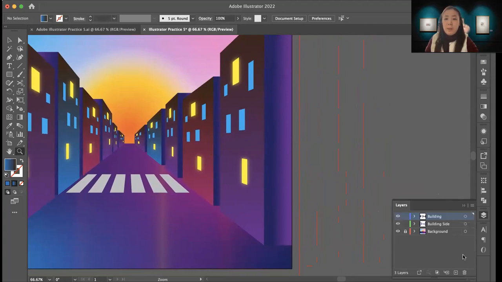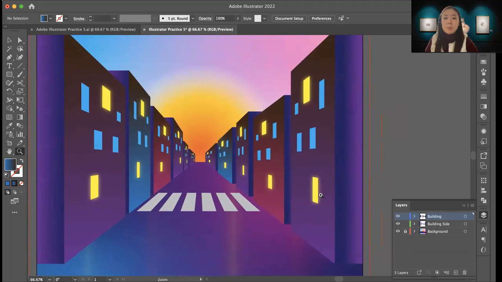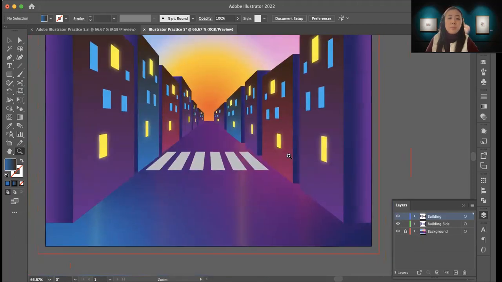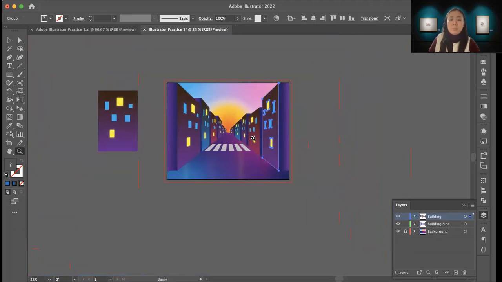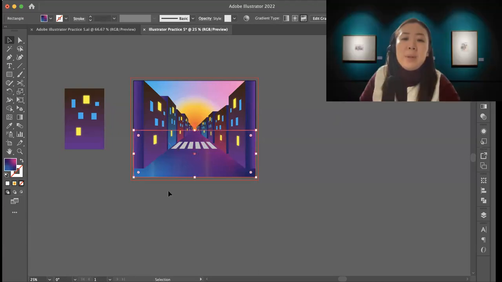So again, by creating a new layer, you can work on each layer, and as you can see, I locked this background so I can easily work on these two layers without selecting the background. All right. And now let's just put the